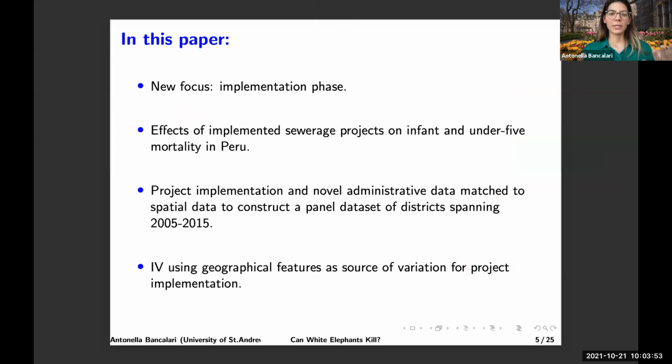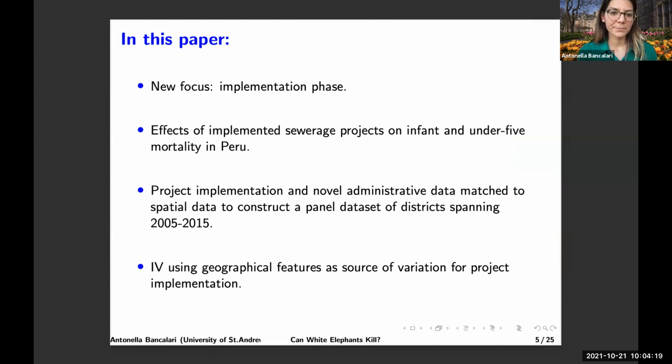So in this paper, what I do is I move the debate from whether or not to invest in infrastructure, if it's effective or not once it's completed, towards the implementation phase to try to understand the returns of this implementation phase. And what I do specifically is I estimate the effects of implemented sewerage projects on infant and under 5 mortality, which are the outcomes that were supposed to be improving, given that they improved in high-income countries in